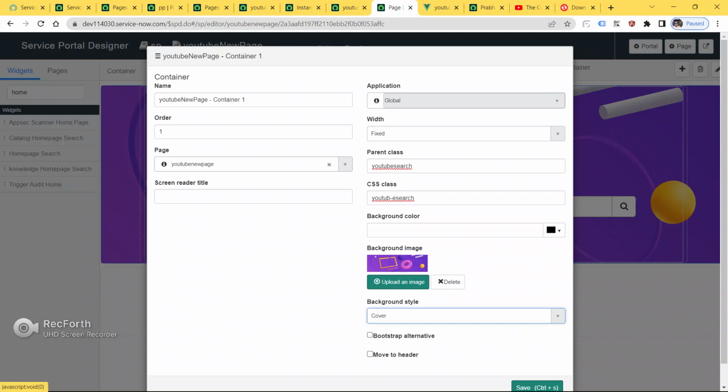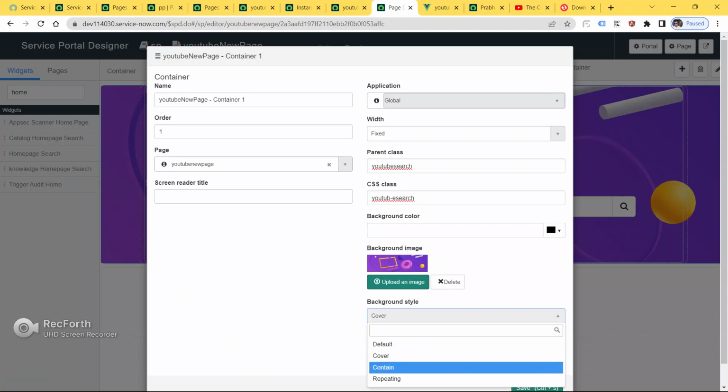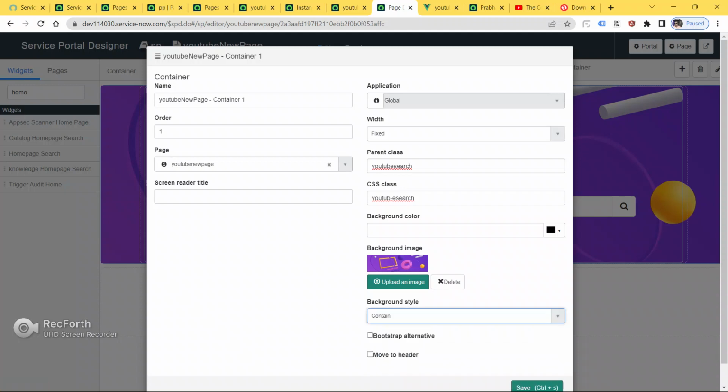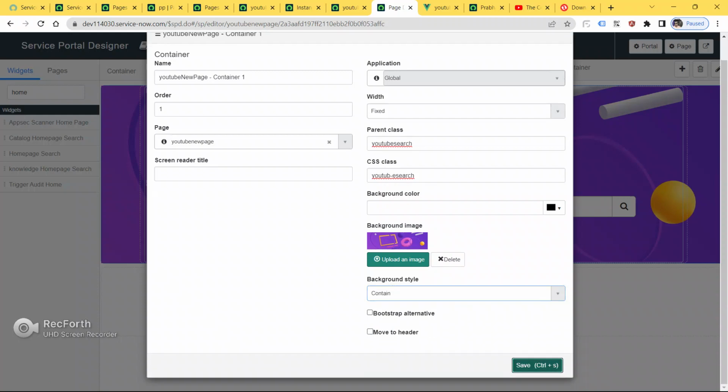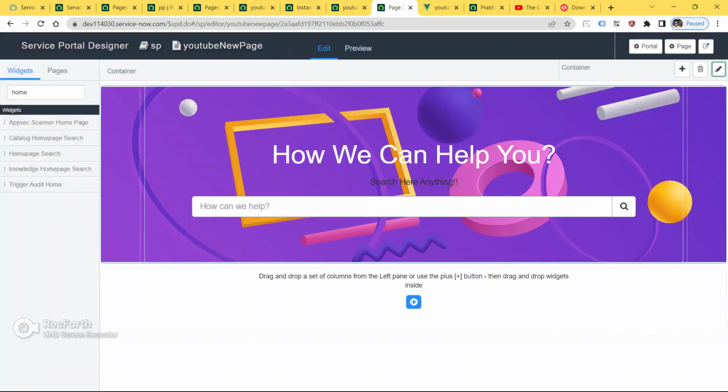Cover, or put contain and then save, and let's see.